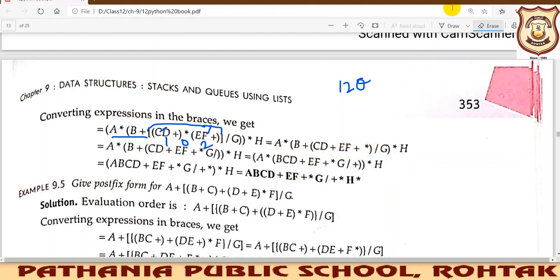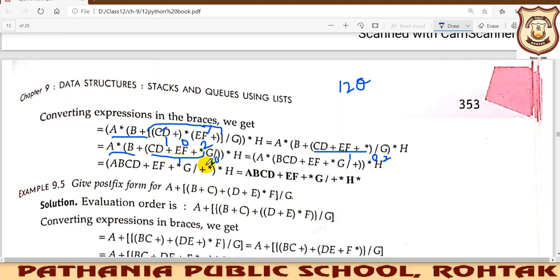So you can see here, we will be solving this G now. This will be taken up as operand 1, this will be your operator, and this will be your second operand. Fine. So now you can see this as it is we have written. Now up to multiplication, the same we have written here. This is the first operand, this is the second operand, and this is your operator.